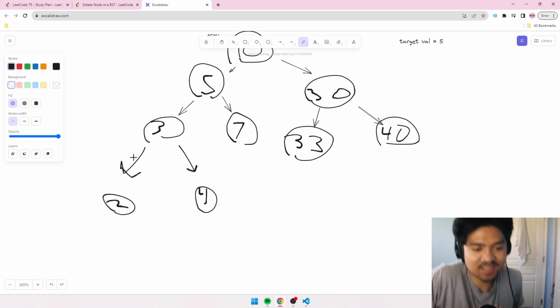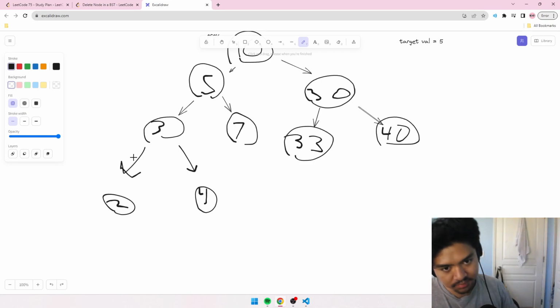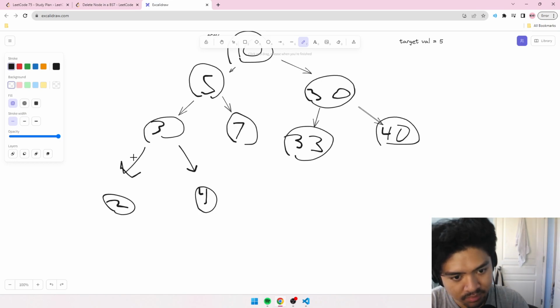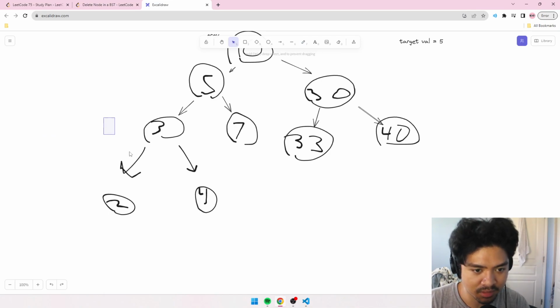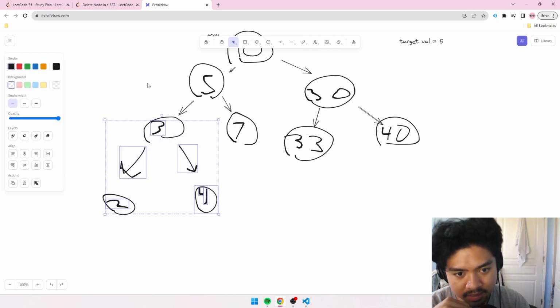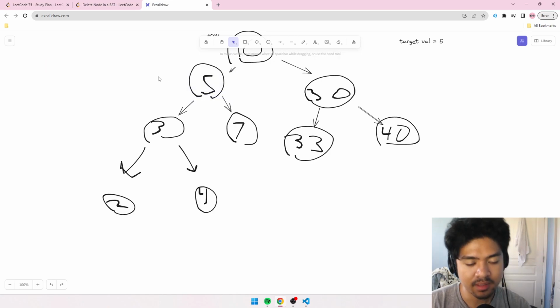This is so harsh. Yeah, what if that's the case? I actually don't know the solution. So what if node dot left does exist, and then, yeah, what if it's like this? We say that